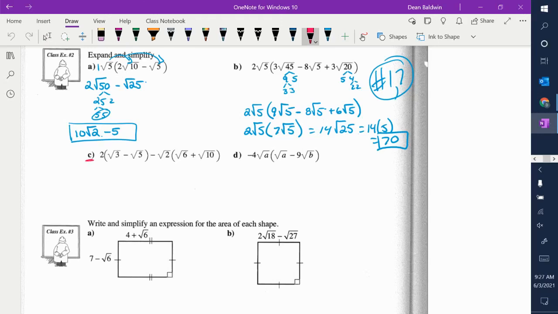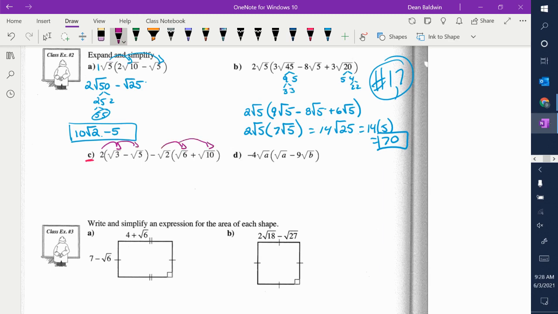Going to do C here. So we have two brackets, numbers out in front. We're multiplying. I look in the brackets. Are the numbers small or big? Should I simplify them? No, it's like root 3 you can't simplify, root 5 you can't simplify, 6 and 10 you can't simplify. So we just dump whatever number's outside